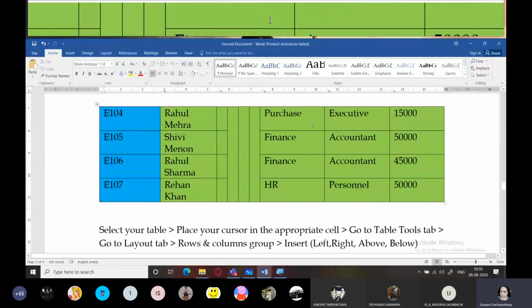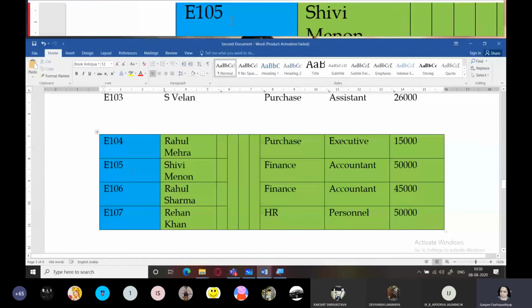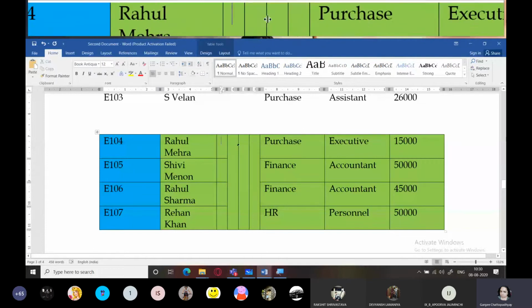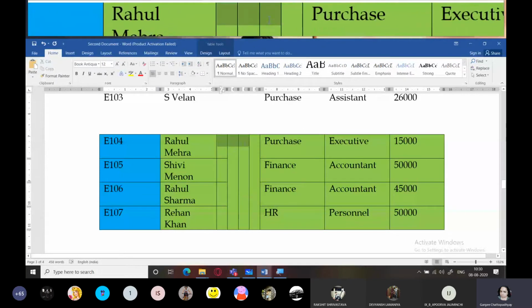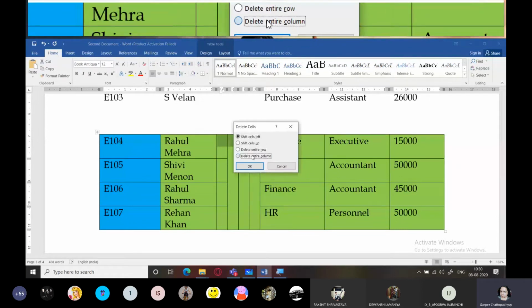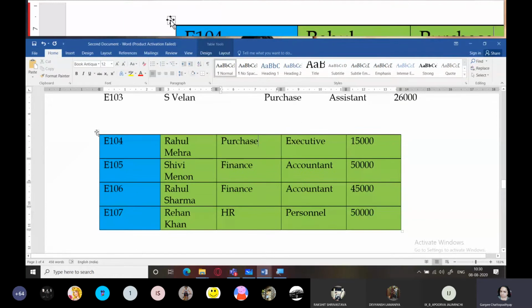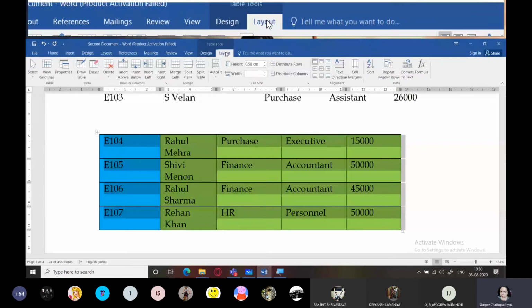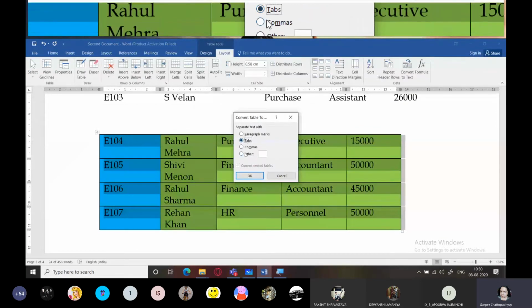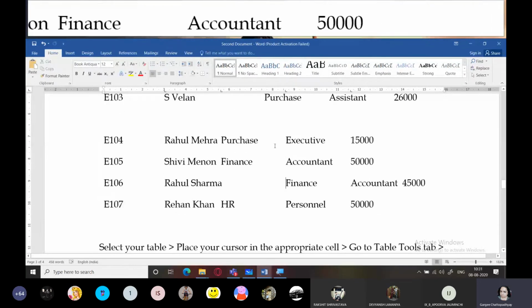Similarly, I had used split option on the table before. So what I'm going to do is first I will remove these extra lines. For this, I'm going to select all of them, right click, delete cells, delete entire column. Click on OK. The column gets deleted. I will select the table, go to layout, convert to text, tabs. Click on OK and you can see tab spaces are there.